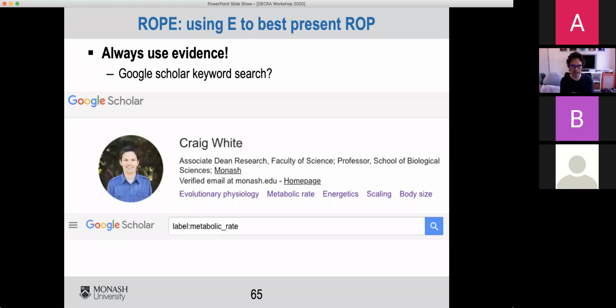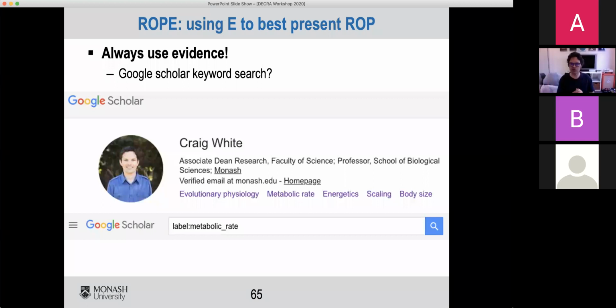So here I've got my Google Scholar page. So I have some words there. You can use those words to define a candidate set against which you might be compared. So let's see, body size in my list is pretty broad. Energetics is pretty narrow, scaling is quite narrow.